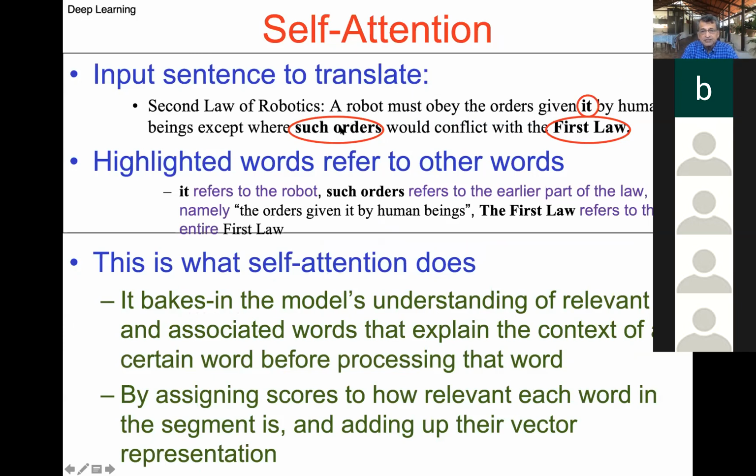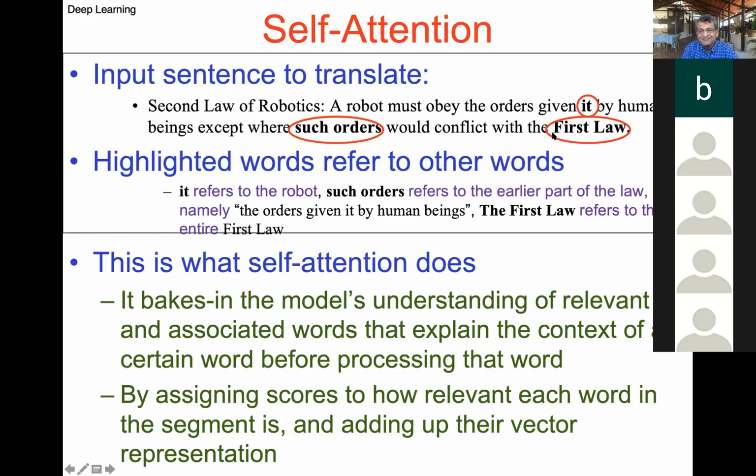"Such orders" refers to the earlier part, which says "must obey the orders given to it by human beings, and would conflict with the first law." What is the first law? It refers to the entire first law, which comes before the second law of robotics. So these are the kind of self-referential things happening in a sentence,